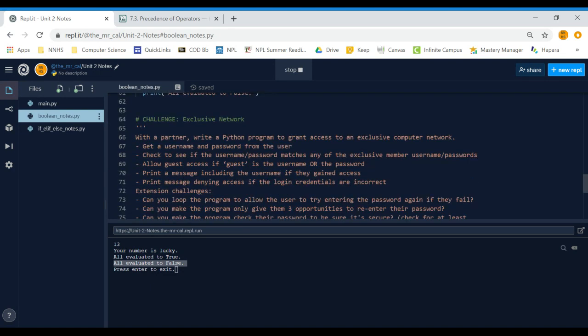Okay, so then on to this exclusive network challenge. In class, we'll do this with a partner. If you're on your own watching this, just go ahead and try this on your own. You're going to write a Python program that's going to grant a user access to an exclusive computer network. So another password program. You're going to get a username and password from the user, and then check and see if the username and password match any of the exclusive members of your network. So you can decide what those username and password combos are